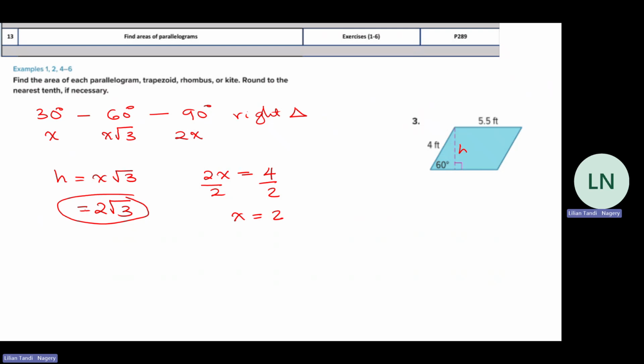Then, now I want to find the area of this parallelogram. So area equals base times height. My base is 5 and 5/10. And then I'm going to multiply with 2 square root 3. And my answer should be 11 square root 3. I was told to round to the nearest 10th. So I am going to do 11 square root 3 gives me